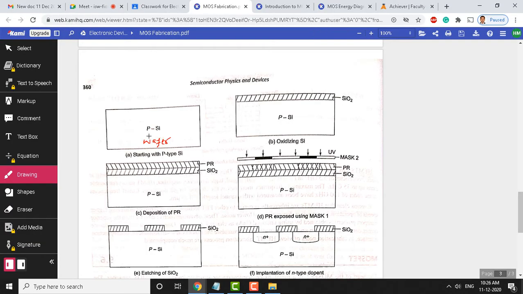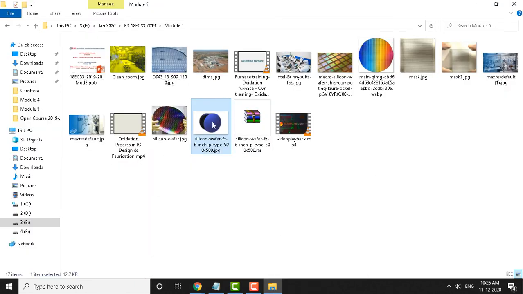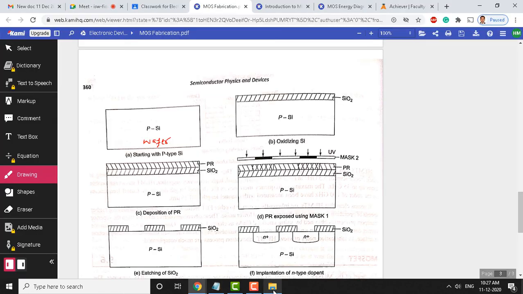This is a wafer. You are seeing here the front view of the wafer, the empty wafer. When you hold the disk and look at the front view, it looks like this. Moreover, we are discussing here only one transistor fabrication. Like this, the process can be repeated on the entire wafer, and we can fabricate millions and billions of transistors.